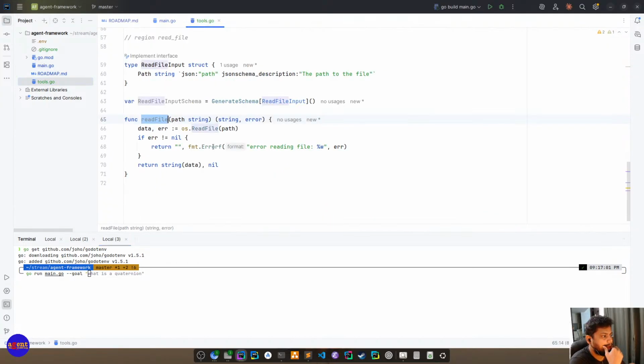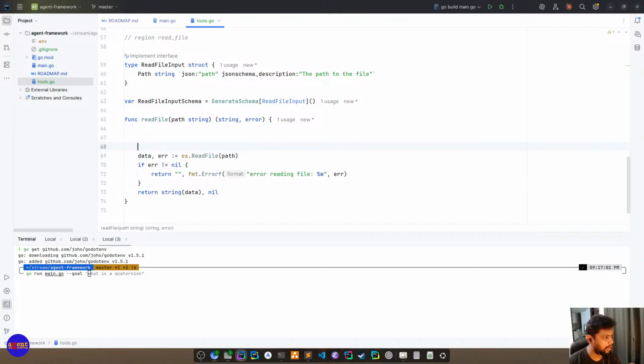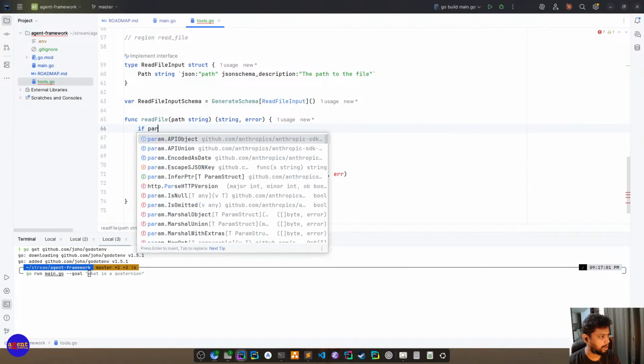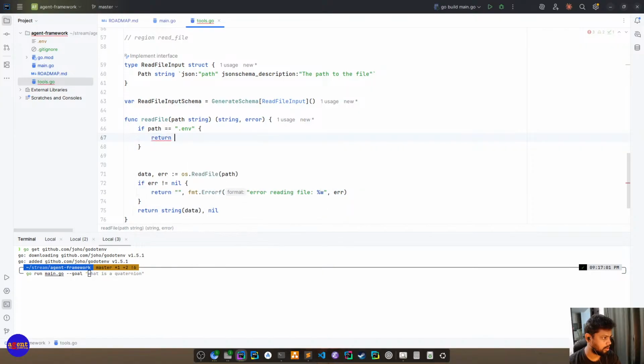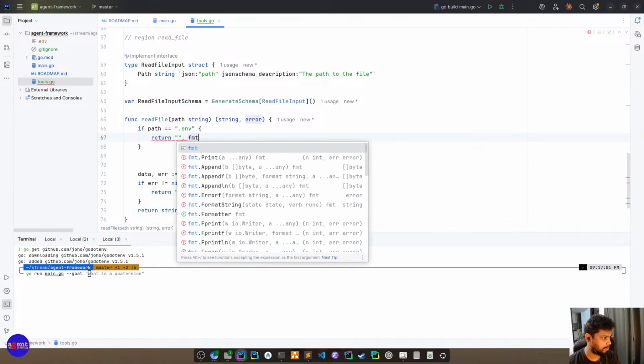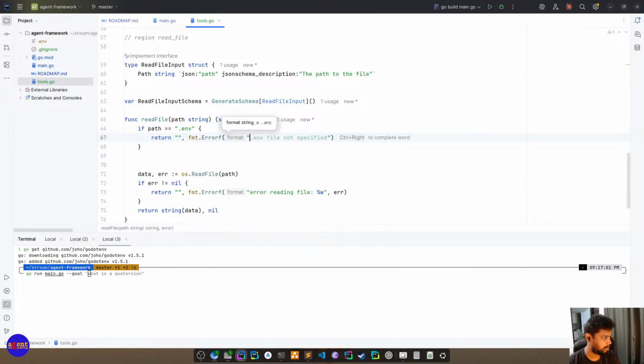Okay, before that, let's build in some security upfront. We'll say that if it's a .env file, avoid reading it, and return fmt dot error that it is not allowed to be read.